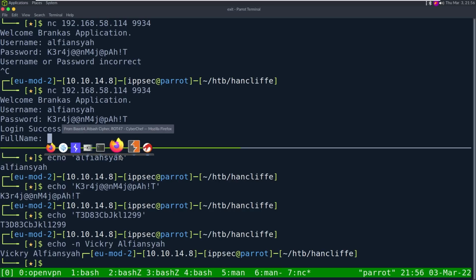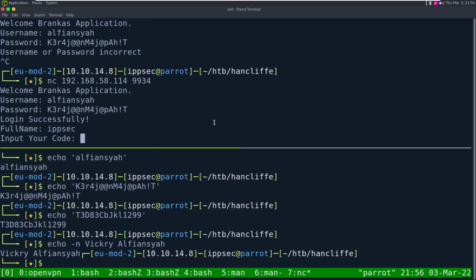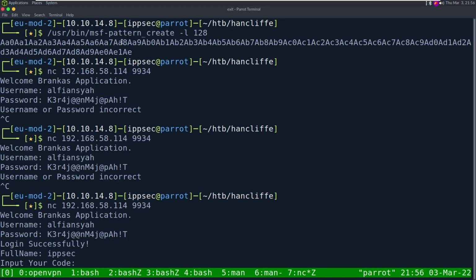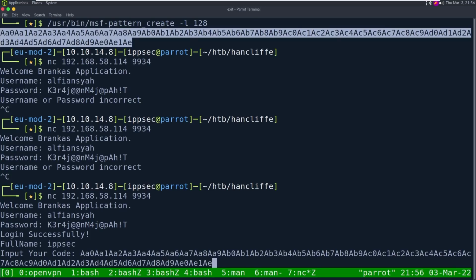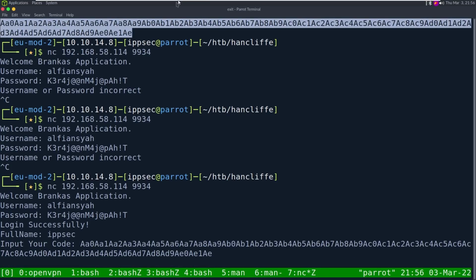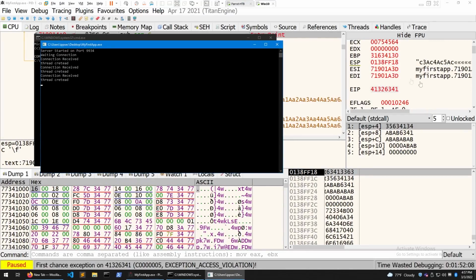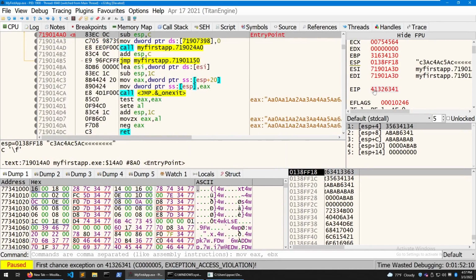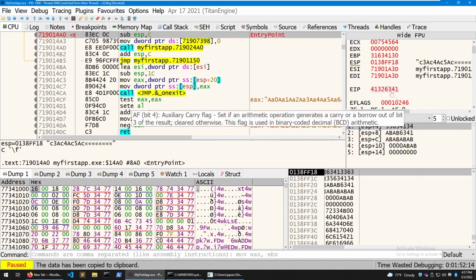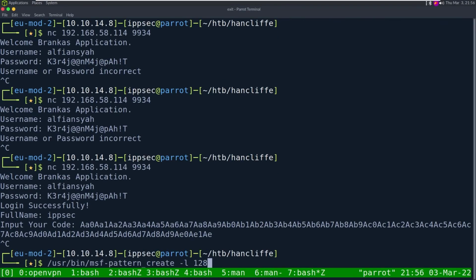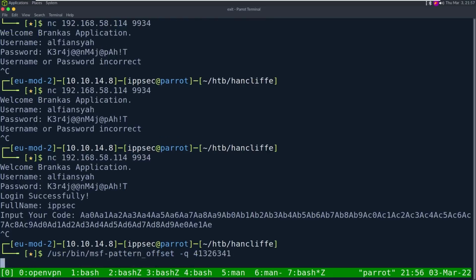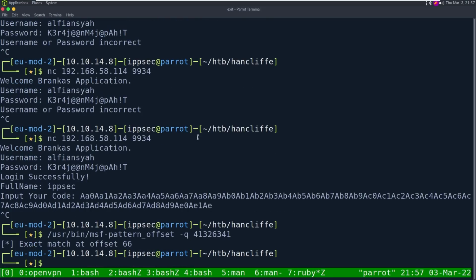I'm getting really confused by this, but that is not out of the ordinary. So I'm going to input this code, and then we should crash over here. And we can see EIP is 4132, so we can copy this value. And now we can go to pattern, do offset -q, and search for that, and we have an offset match